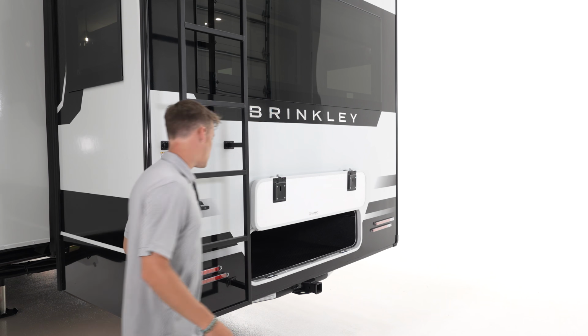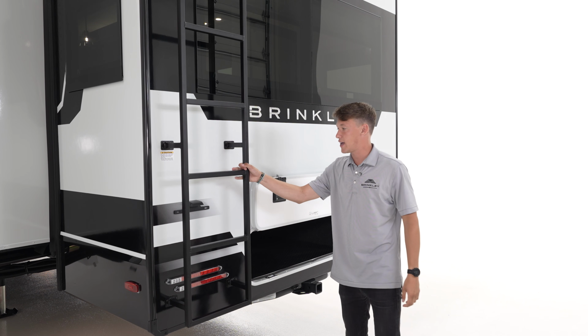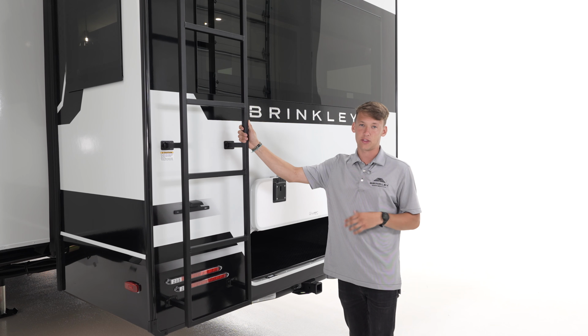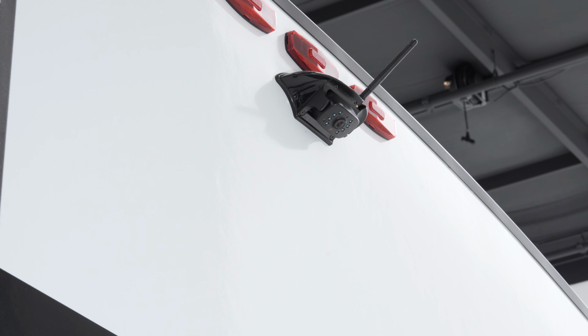So coming around to the back side of your coach, you'll see our heavy duty ladder. It does have a textured powder coat as well, so you don't have to worry about slipping, and it is rated at 300 pounds. Up above, we have our Furrion backup camera that's going to come standard with every single Model Z AIR,